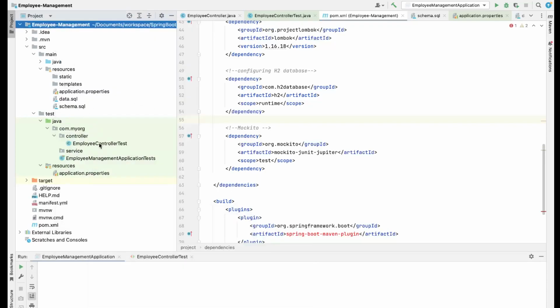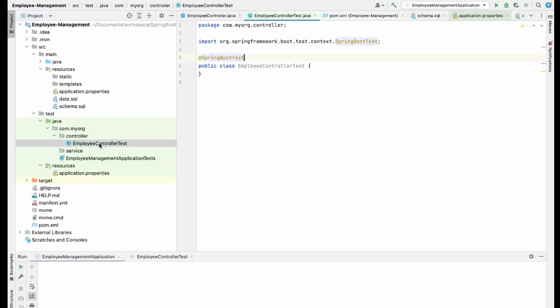Okay. Now we have this employee controller test, right? Where we have provided the Spring Boot test annotation. We will need a few more things here. See, when we write test cases, when we created our main application, we had written the controller layer, we had written the service layer, and then we have written the data layer. So your controller layer basically is dependent on your service layer, right? So you will need to mock that particular